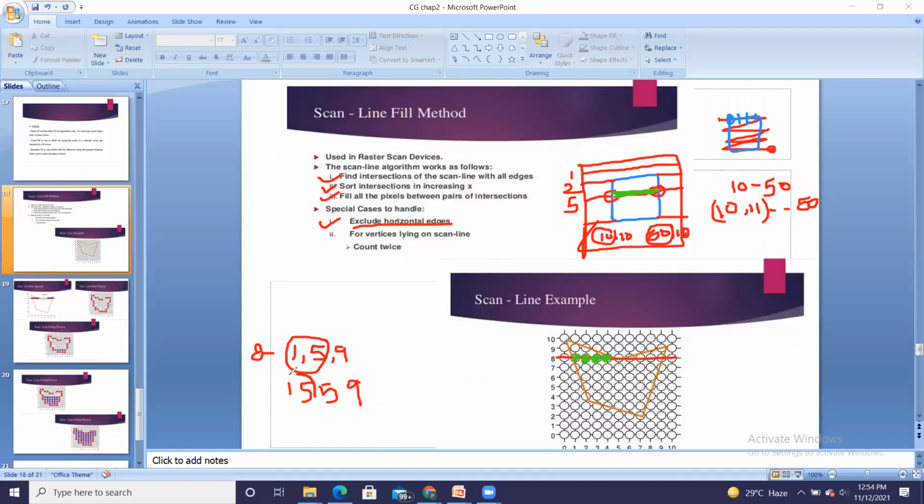So now it is obvious to get two pairs, 1 to 5 and 5 to 9. So all the pixels between 1 to 5 and 5 to 9 will be colored. So now my job is easy. So 5 to 9, all these will be colored by the green color.